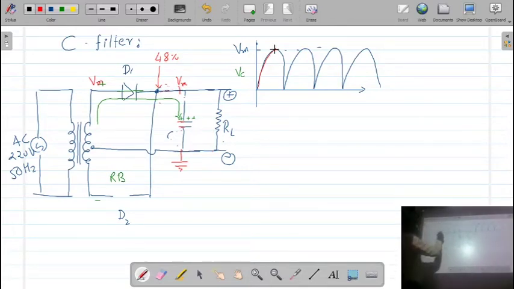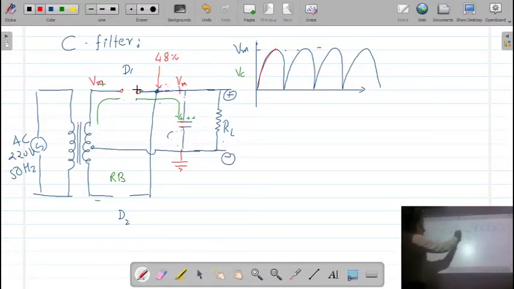Now here you can see on the anode of the diode the voltage is Vm, on the cathode of the diode the voltage is Vm. Means there is no potential difference between anode and cathode of the diode. So this diode will also now behave like an open circuit because the potential difference is zero, so it is in reverse bias. So here you can see that D1 is now in reverse bias, D2 is also in reverse bias. You can say in this situation the transformer is cut out from the capacitor. Only the capacitor is connected to the RL.